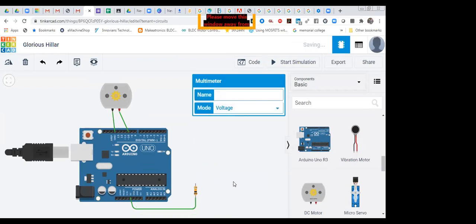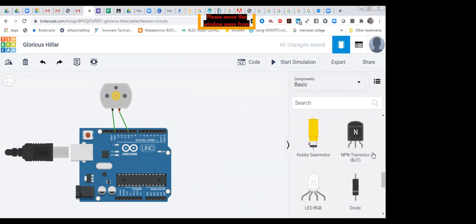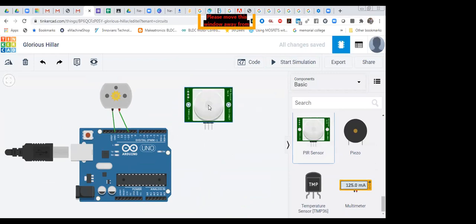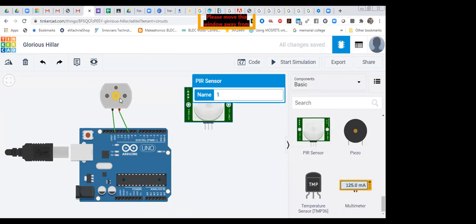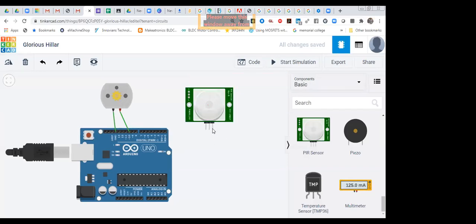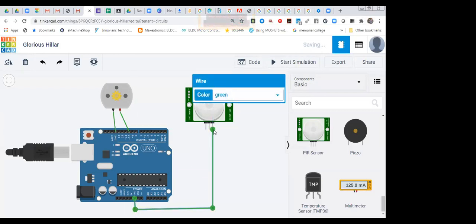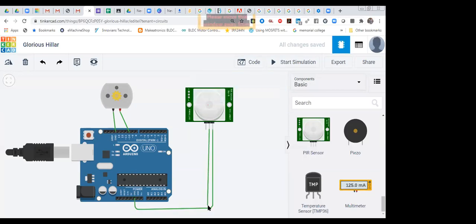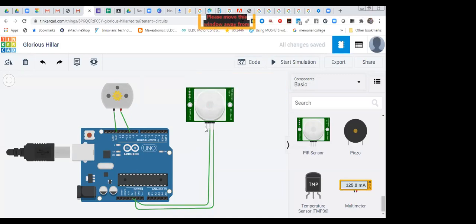That is a digital sensor, so no need to connect a resistance with the PIR sensor. So how does your automatic door opening work? Over there, one motor is attached, and the mechanism of that motor is attached with a slider mechanism so that your door can slide. This one is ground, so I'm going to connect ground with ground. Power we have to connect with 5 volt, and this one is signal. The signal pin we have to connect with pin number 4 because it will give a digital signal.